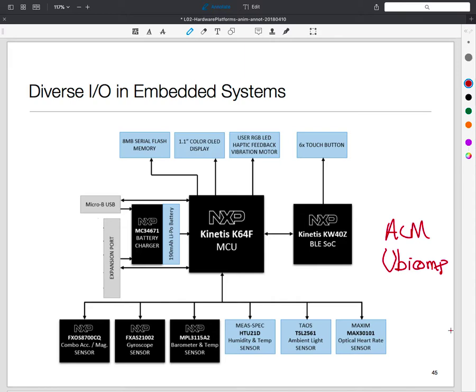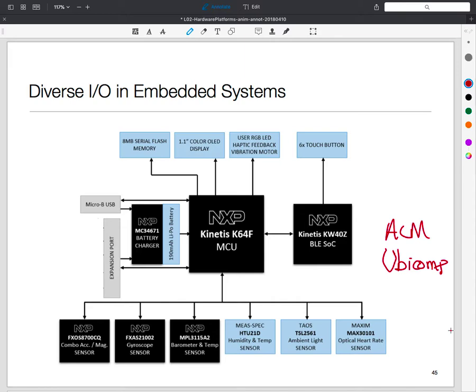this BLE SoC. So BLE stands for Bluetooth Low Energy. SoC stands for System on Chip, and this chip in itself has a little processor in it, and its primary task is to do Bluetooth Low Energy communication. So it has a radio built in, so that you can talk to your phone or to other peripheral devices. And then you'll see on the left-hand side there is this whole battery charging stuff out there, and